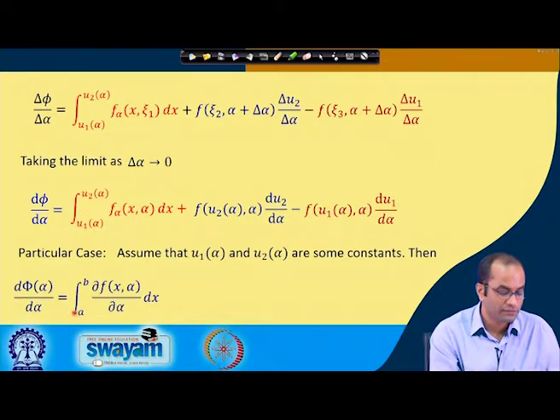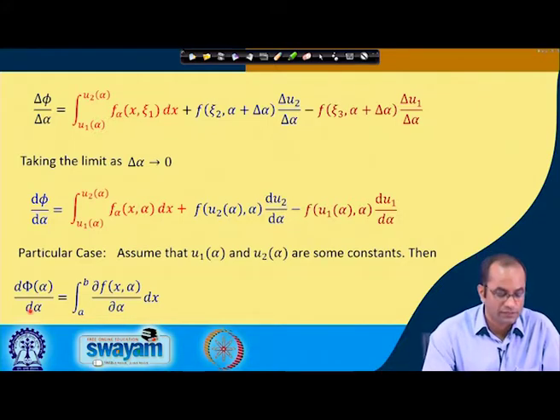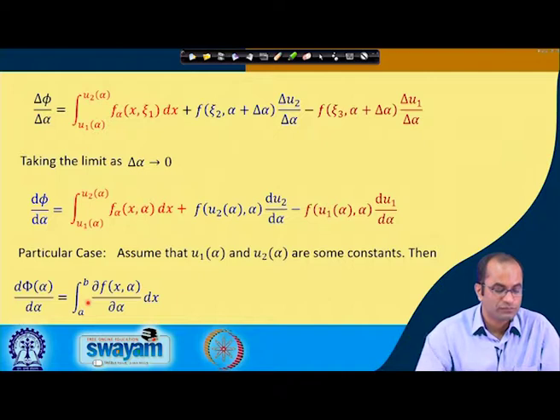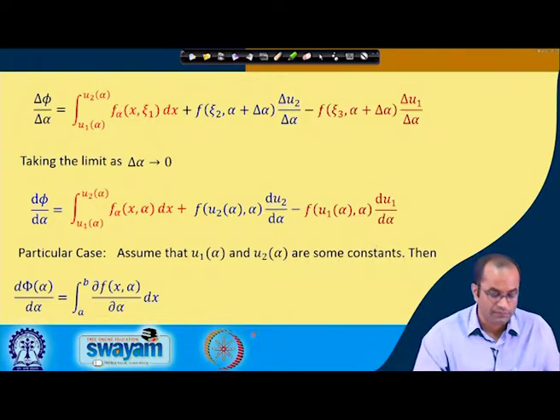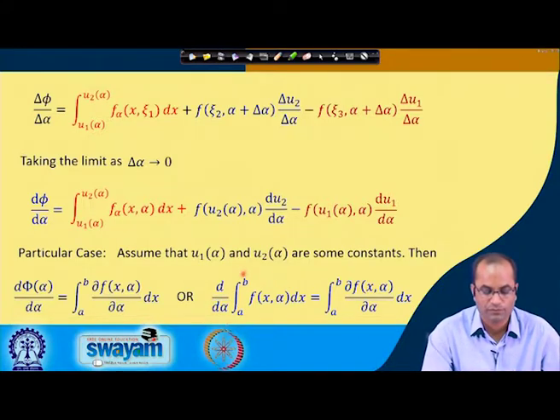So, if we have the constant limits, we will have only the one term when we take the derivative, or we differentiate under integral sign. These two terms will cancel out, or usually we write like d/d alpha of this integral. Because these limits are constant, this d/d alpha will go to the integrand, and then we have this differentiation under integral sign. So, we can take this derivative into the integral, but this will be like a partial derivative, because f depends on now two variables, x and alpha.